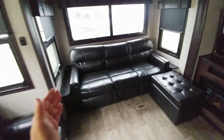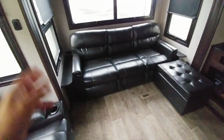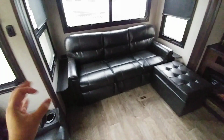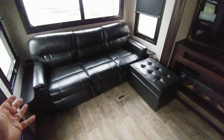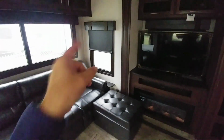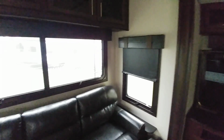The full width sofa is also really nice, and that's going to pull out into almost a king-size bed, complete with end tables. It's kind of strange to see some fifth wheels that put a large sofa here, but no end tables. I think end tables are very important. It has the roller day-night shades as well, so you can roll these things down and pretty much keep all the light out of it. Has a beautiful pantry area,